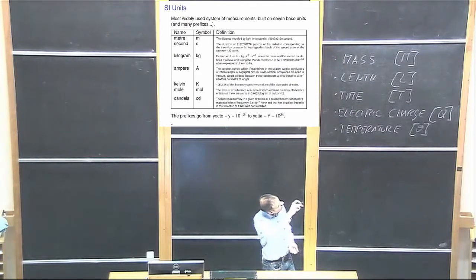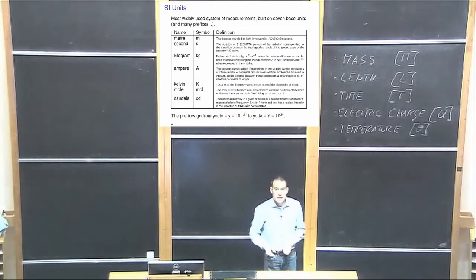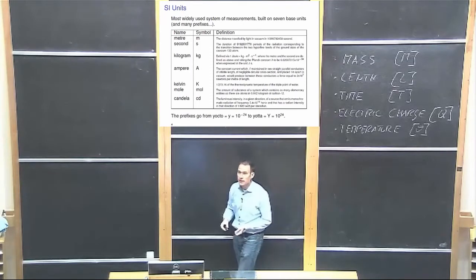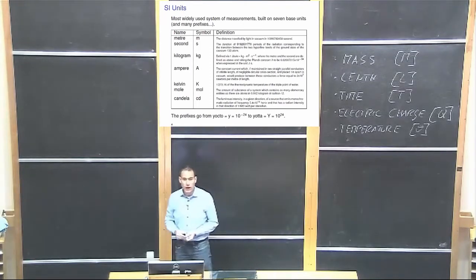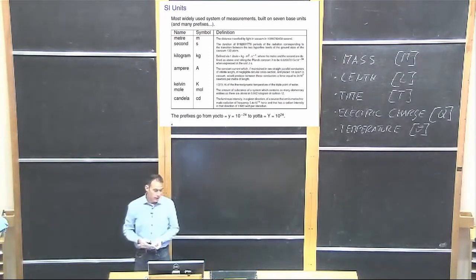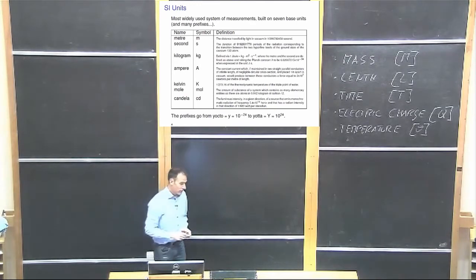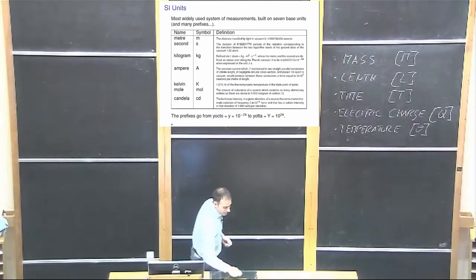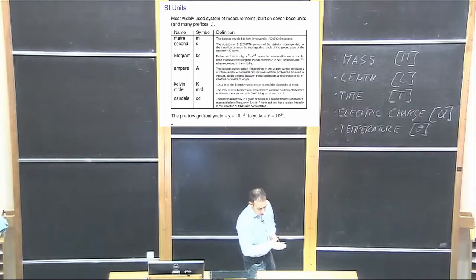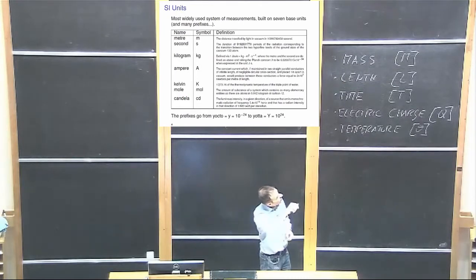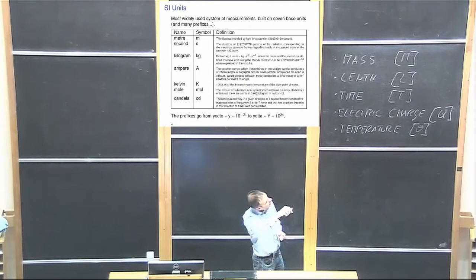That happened earlier this year. It used to be a platinum-iridium cylinder held in France under probably very high protection, so no one could steal the kilogram. But that now has been reframed in the form of a natural constant, so the Planck constant has now been used to define the kilogram as of